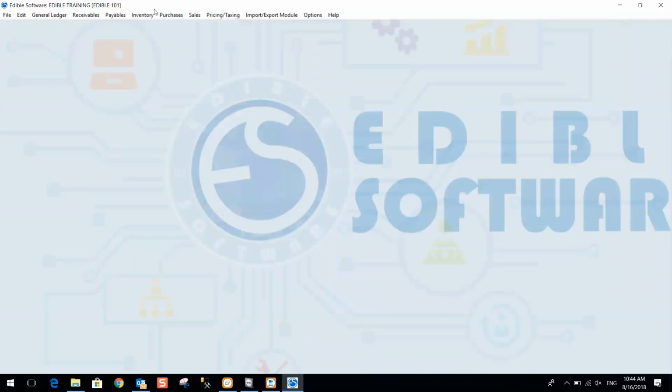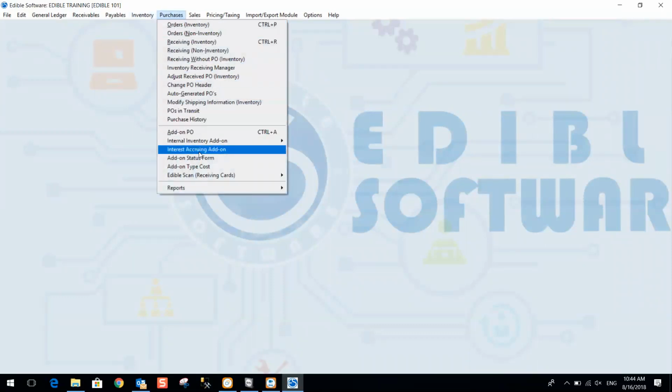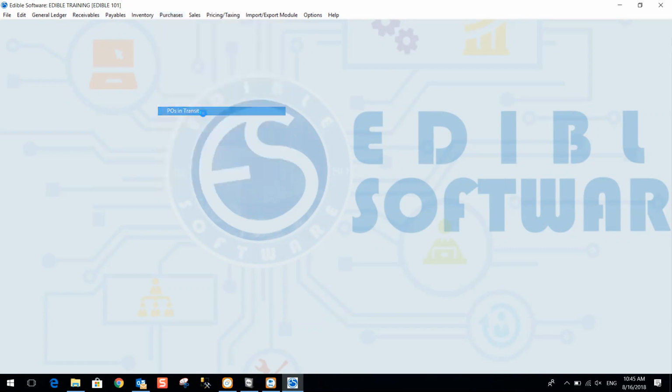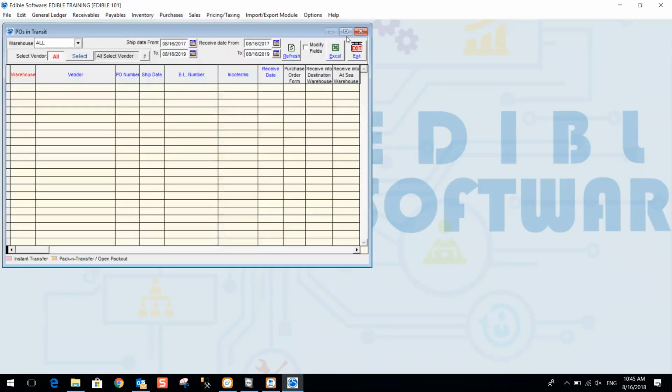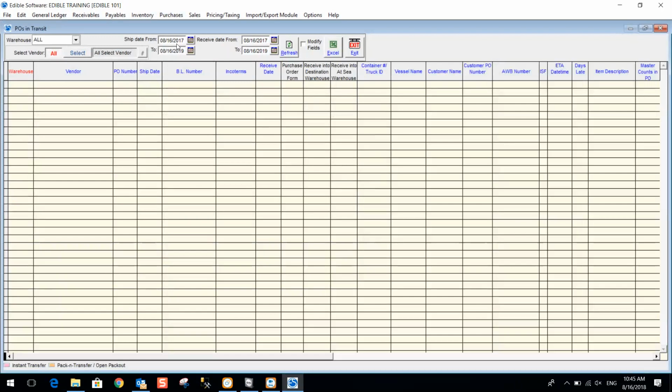Again, you can change that information on the orders inventory or the receiving inventory screen as well. POs in transit is very client specific, so there's not much to talk about in here, but just so you know what it is, you can set date ranges, ship date range or receiving date range. You can choose to modify fields and you can select specific vendors, but basically this is showing you purchase orders